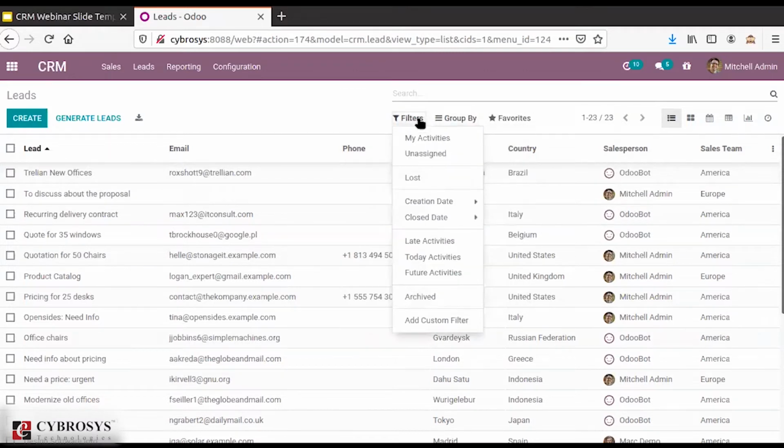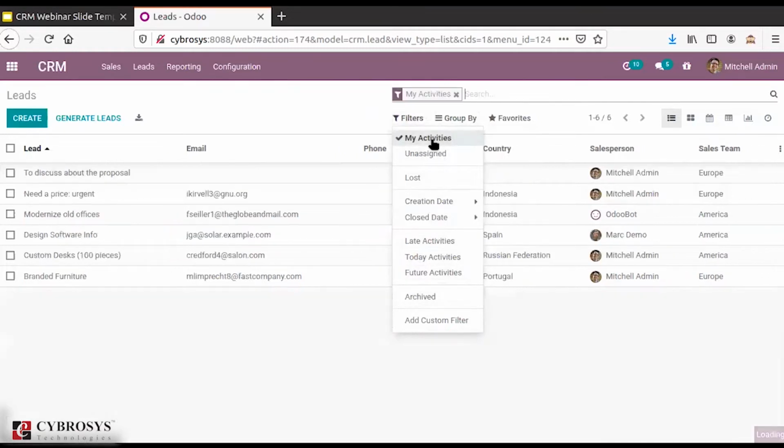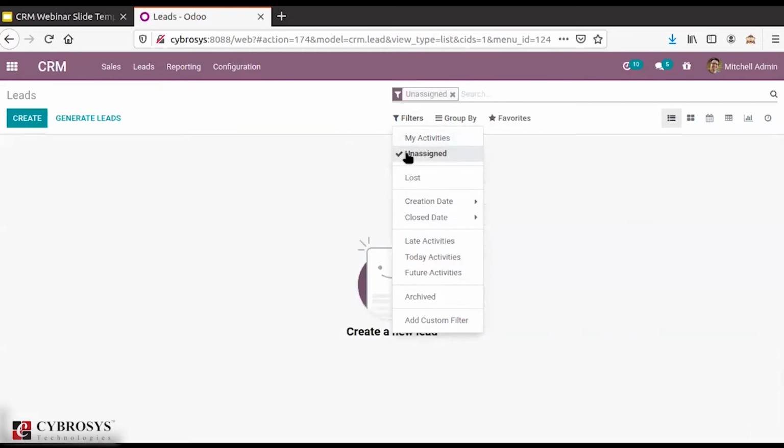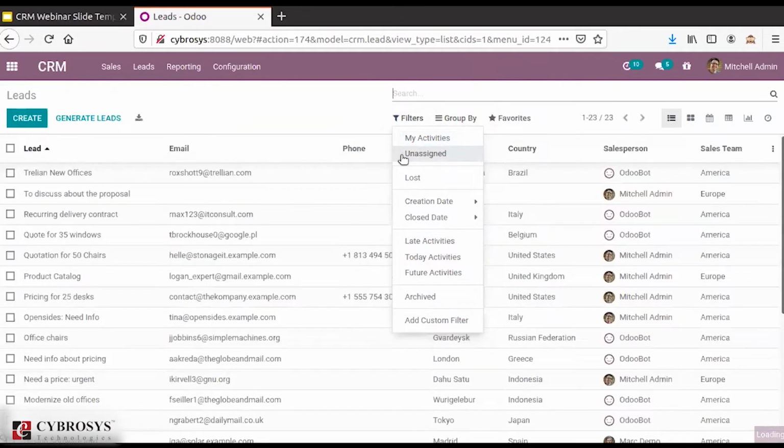In filters you have certain other options, like to view my activities. Here you would be able to see the leads that are assigned to you, and also the unassigned leads. Basically in order to filter things as per the user need, we have these features.